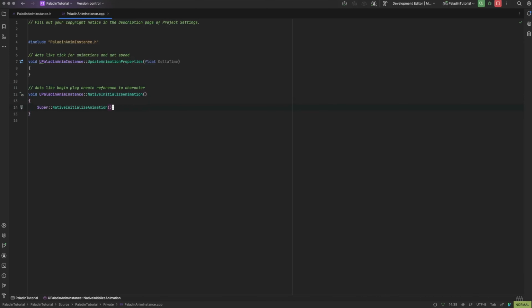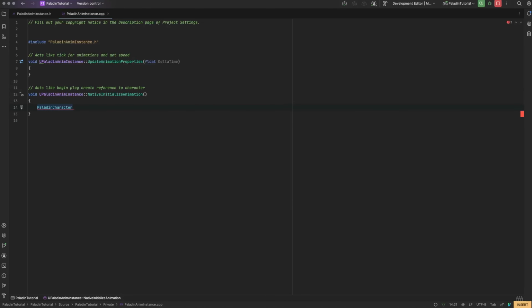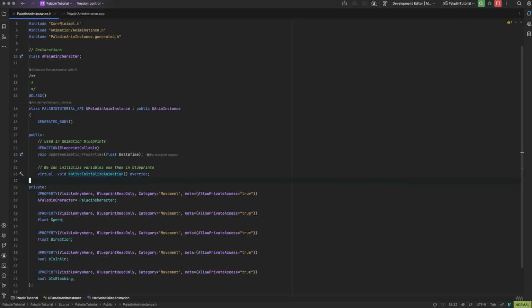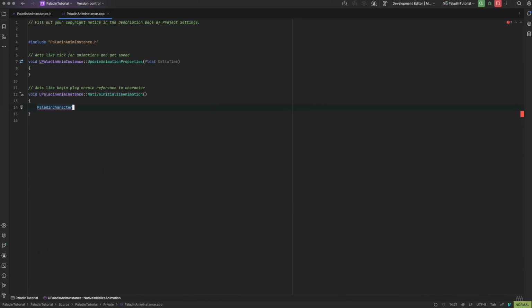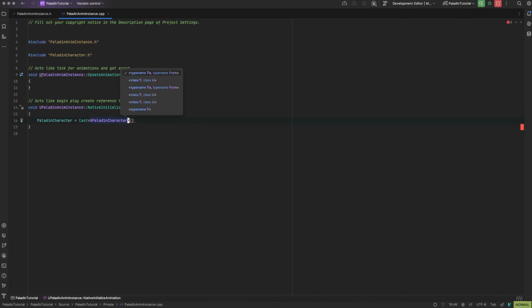We don't need the super for this, but what we do need is Paladin character, because we have that right here, the Paladin character. What we do need to do is cast this, so just say cast to a Paladin character. And what we need to do is try get pawn owner,